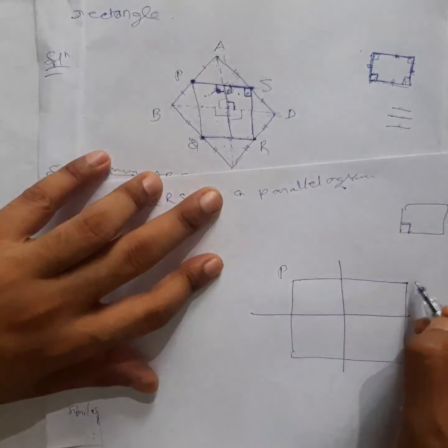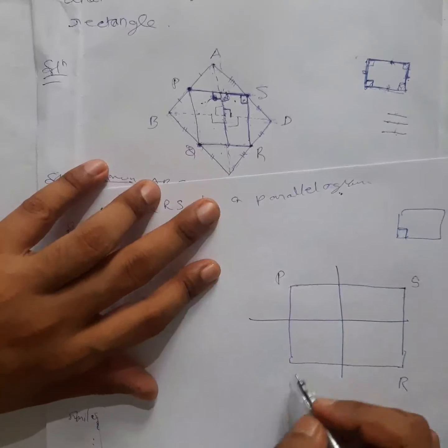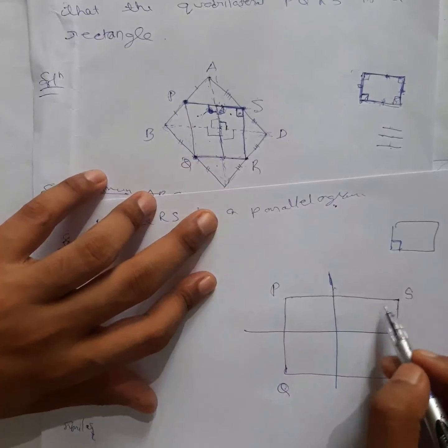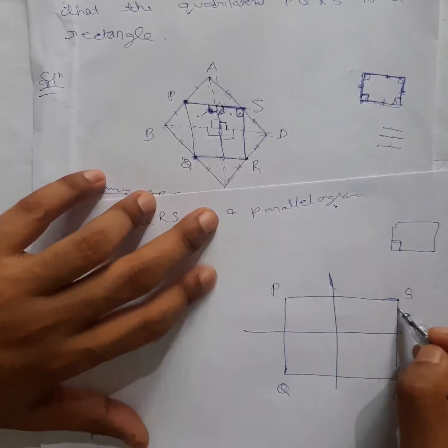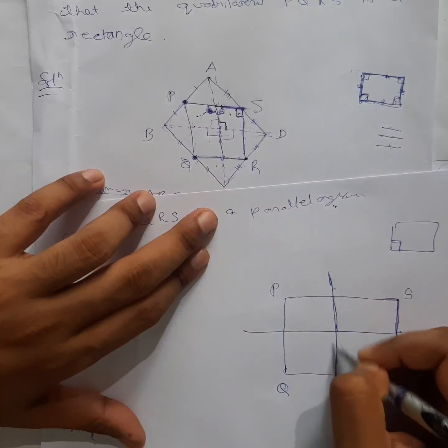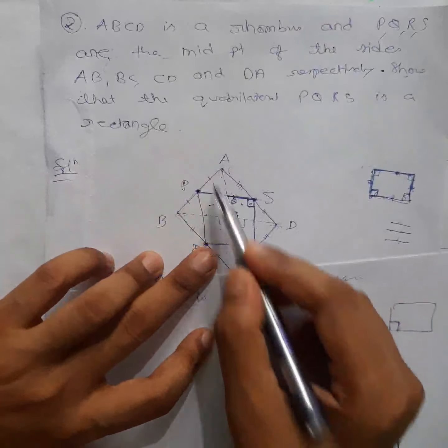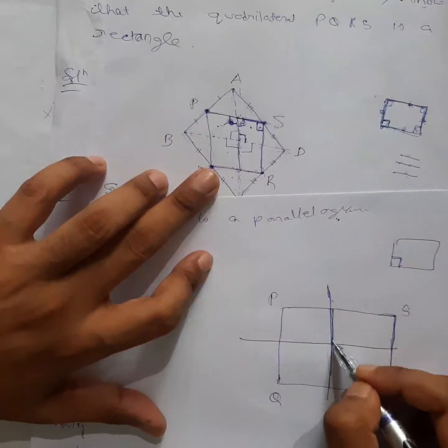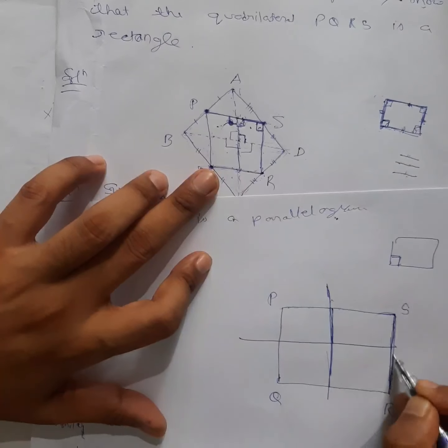So in geometry, always remember your diagram. You must be able to analyze. Otherwise, it's very difficult to solve a geometry problem. So this and this are parallel, we know, right? In this triangle, we know this is the midpoint, this and this midpoint. So this and this will be parallel for sure. So this line and this line are parallel.